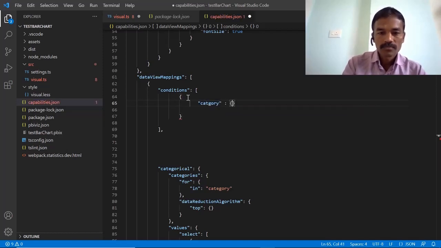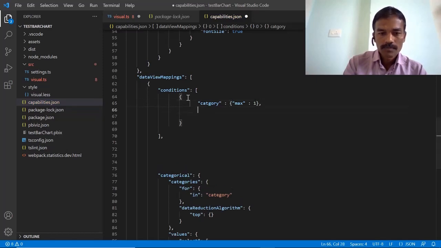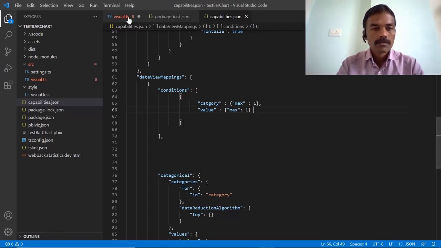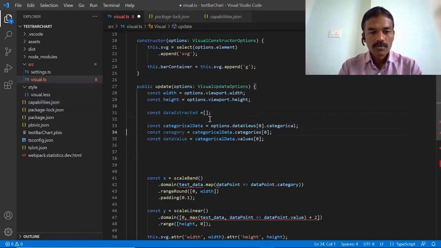we are going to specify again here a max, and we want to specify 1. And for value as well, we are going to do the same thing, which is max as 1. So this is something we are just specifying in the data view mapping. So whatever the category and value coming from the first element, that's what we want to retrieve as of now. Now coming to the visual.ts,